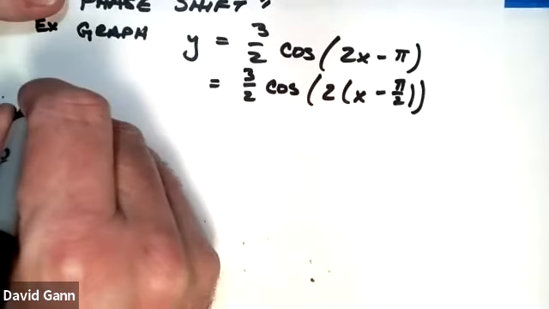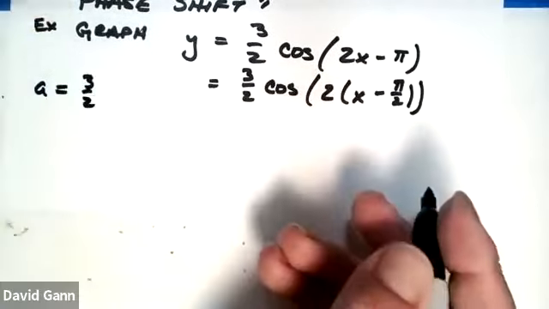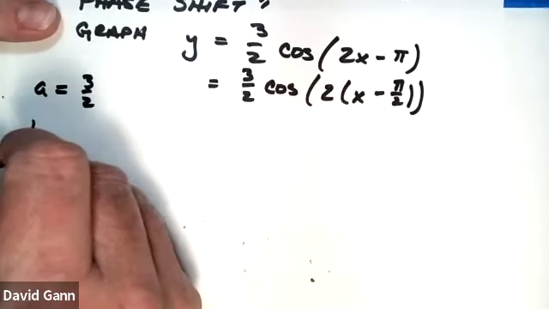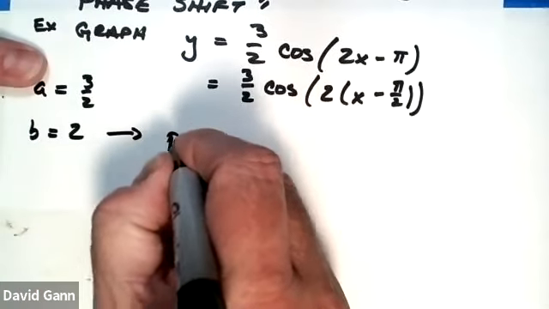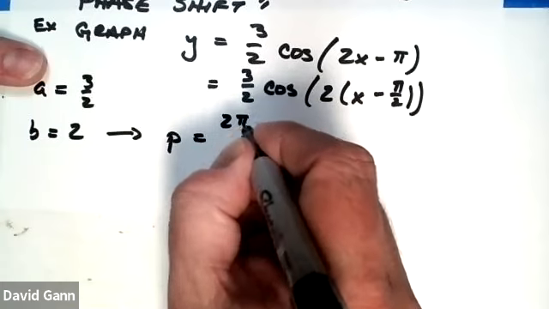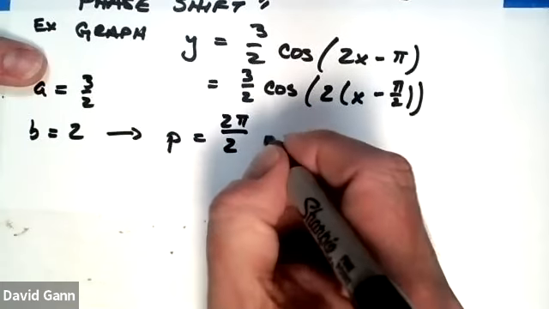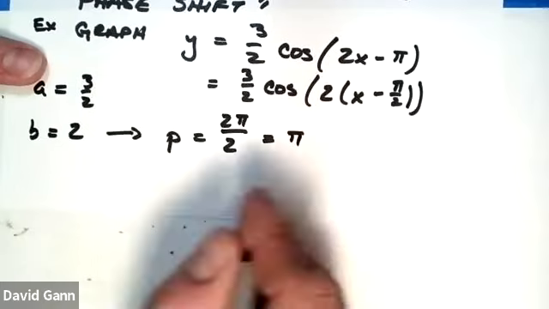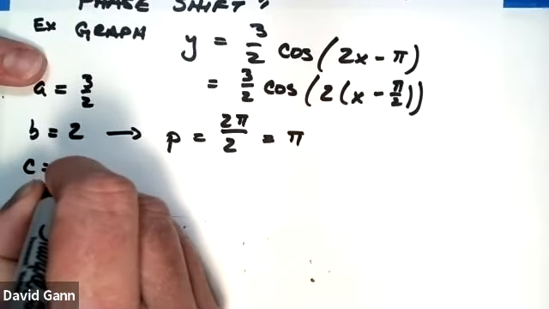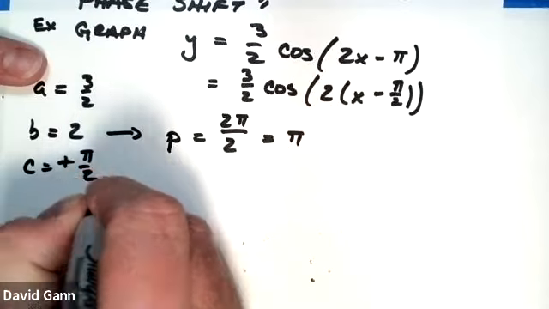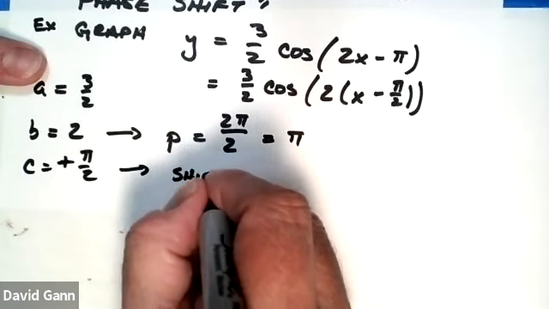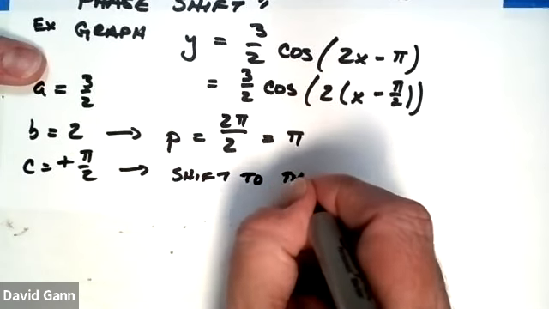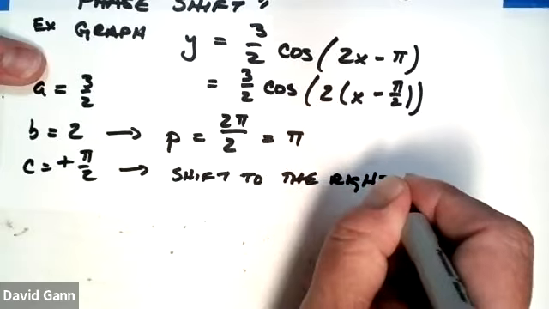So here we have a is equal to 3/2, and recall that that's the amplitude. B is equal to 2, and so from this we have that the period is equal to the normal period for cosine divided by the b value, which is 2, which is just pi. And then c is equal to positive pi over 2, remember that negative sign, which indicates a shift to the right. And the amount is pi over 2. So to graph this then,